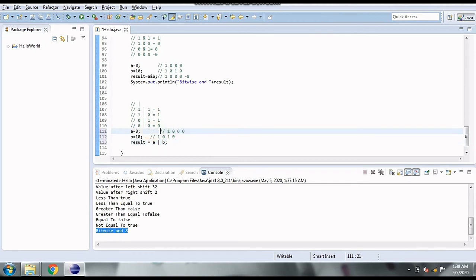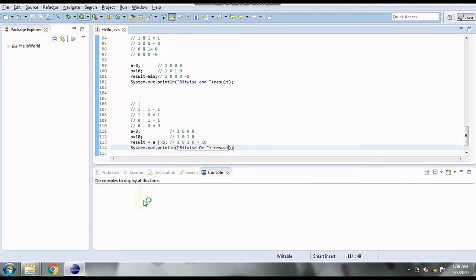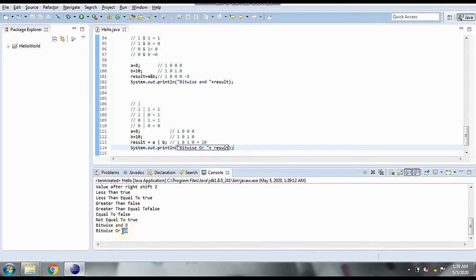If we evaluate this, it is going to be 1 or 1, which is 1, 0 or 0 is 0, 0 or 1 is 1, and 0 or 0 is 0, which is again equal to 10 in decimal. So let's print result, and our result is 10 for bitwise OR.